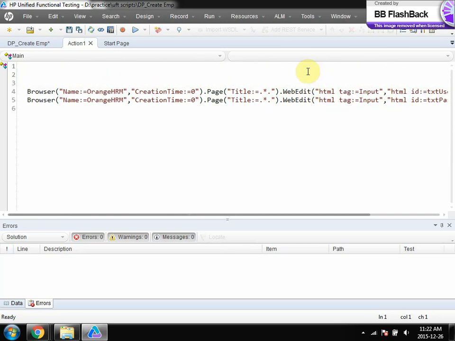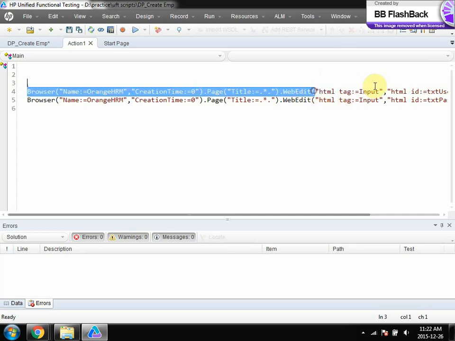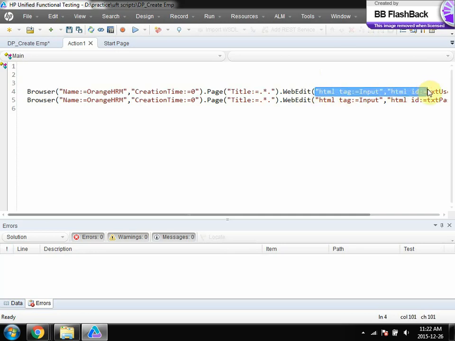So now assume that these objects are repeated multiple times. In such a case, don't provide the object properties and values directly in the line. What should I do instead of providing that information in the line? Create one variable, but not of any ordinary object type. There is something called a description object. So create one description object